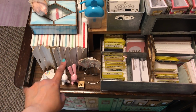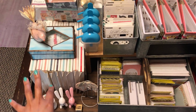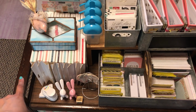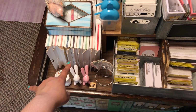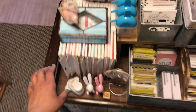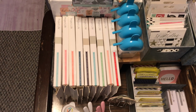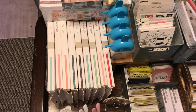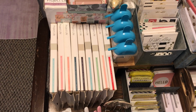So here on this first little top shelf, I have my Project Life little mini kits that I buy. I haven't even opened these yet. As you can see, they're brand new. I love them though. I showed you guys some of these. I have 2 more downstairs that I want to do a video on, which is the Bohemian and the little